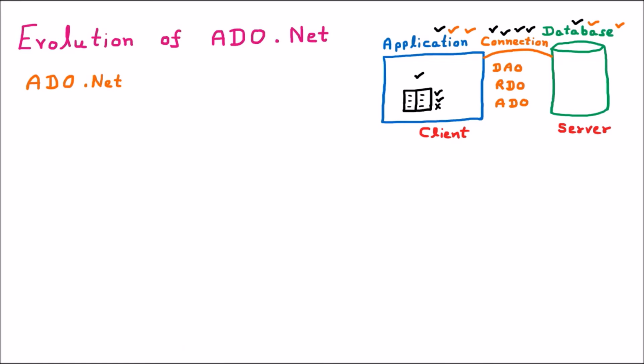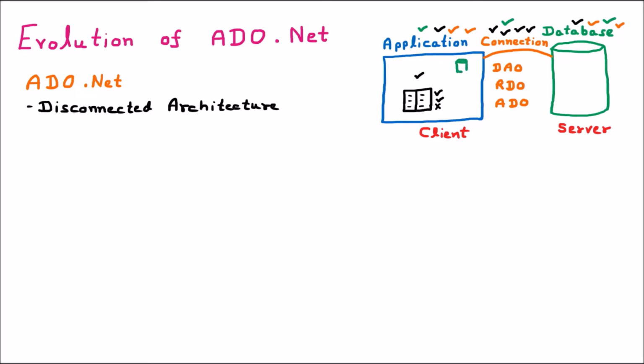ADO stands for ActiveX Data Object, as per the previous, but the previous ADO is now merged with .NET. So with .NET support, ADO becomes ADO.NET, which is more powerful. And the best thing about ADO.NET is that it supports disconnected architecture. Let us suppose that we have created a .NET application and we have the database. Now, the first time we create the connection, afterward, inside the application, one small database is created.